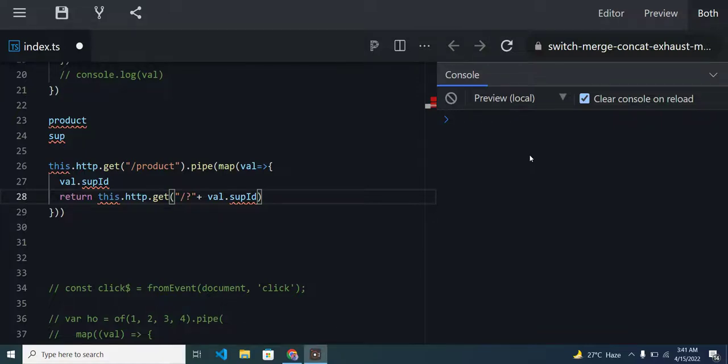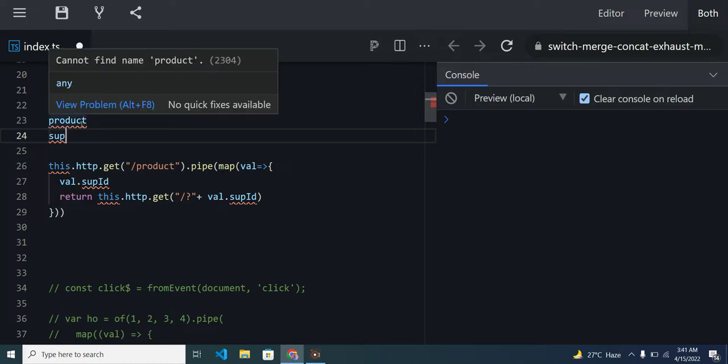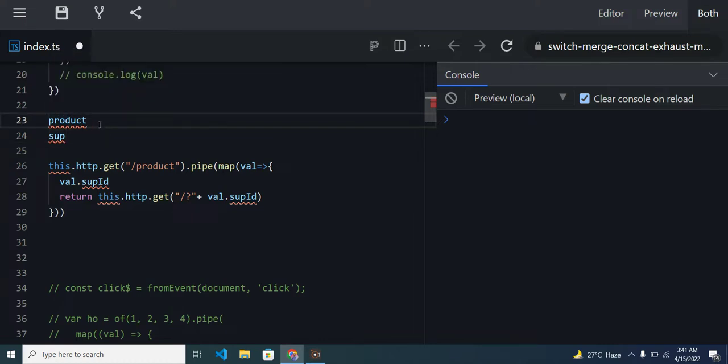In the last video, we discussed the higher order observable. So in this video, let's try to understand it in detail. In the last video, we discussed the scenario where you call a product